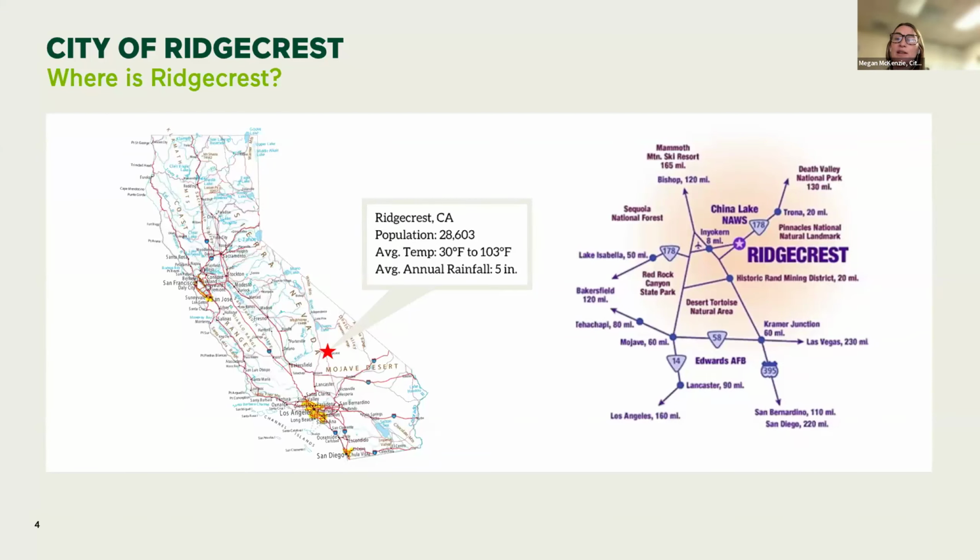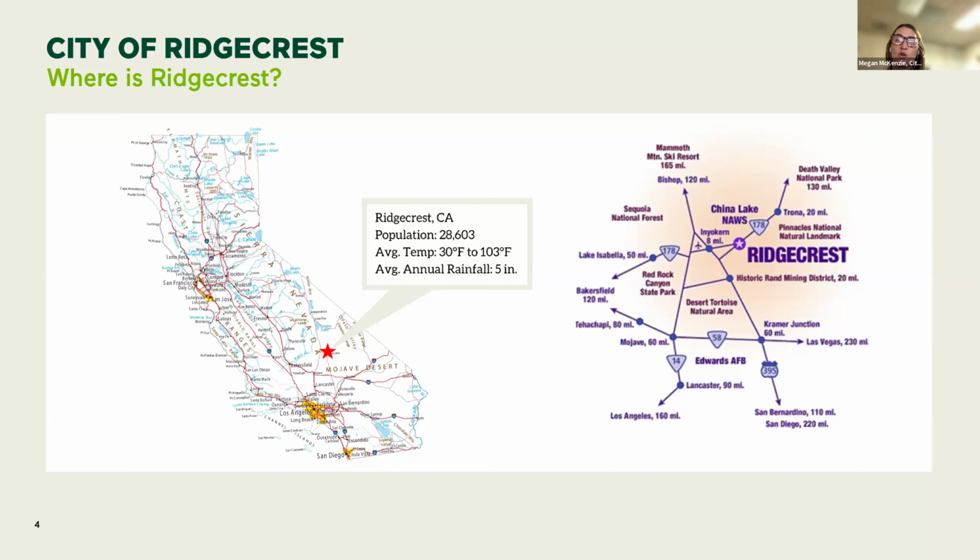And our community is very, I don't want to say they don't like change, but they are very suspicious of changes, especially coming down from a mandated point of view. So we knew, like a lot of the other cities on the forum today, that we wanted to lead heavily with education and outreach. So I began with the city in 2021.